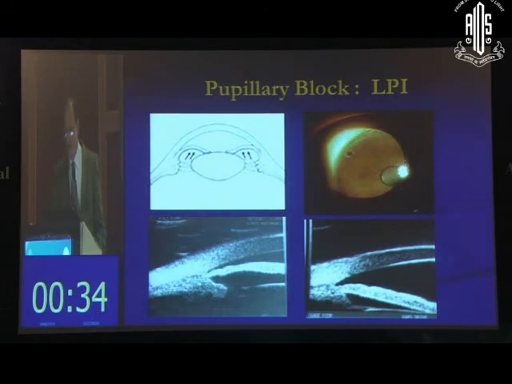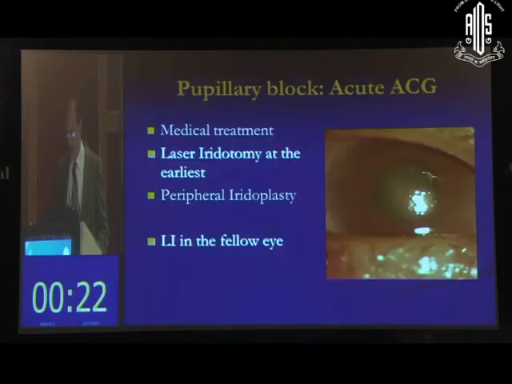As I said, the pupillary block is the most common mechanism, and there laser peripheral iridotomy is very helpful. A small hole in the iris can relieve the pupillary block, and it could be therapeutic in many cases. There is ample evidence to suggest that it works. And if there's an acute angle closure glaucoma, then iridotomy might have to be preceded with medical treatment to control intraocular pressure, and then do laser iridotomy, or iridoplasty.